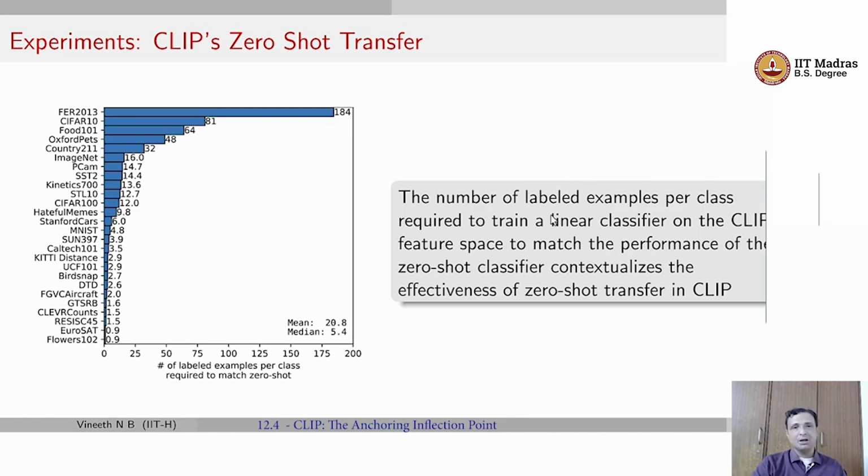Now imagine that we took the CLIP feature vectors, the image feature vectors that we get. Now you train a linear classifier on those CLIP features. How many images did you need on each of those zero shot classes to match your original zero shot accuracy itself? Okay, that's what was measured in this experiment. And you see that for a majority of data sets,